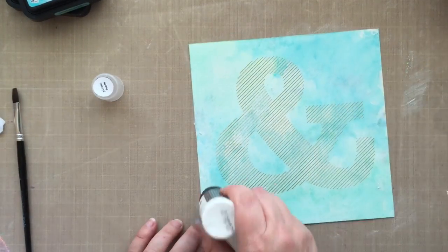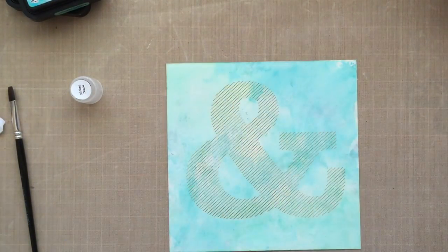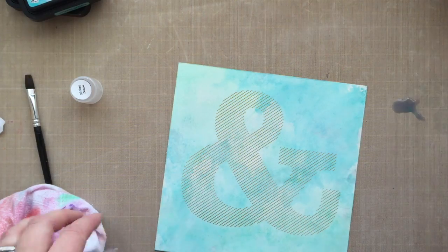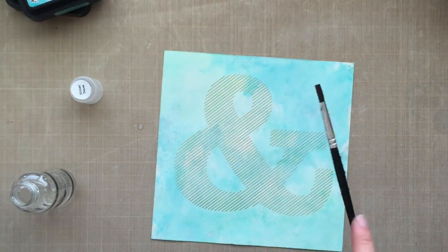So I do this a lot. It's a great way to kind of tone down the color when you end up putting a little bit too much on. So the last thing I'm going to do is, I didn't want to go get a water bucket,